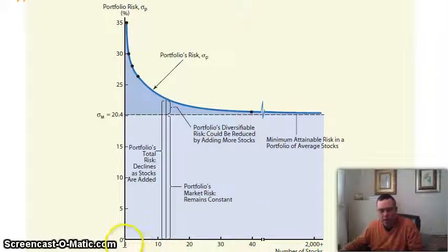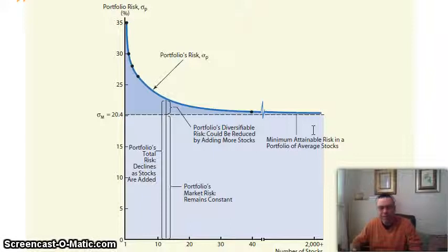If you only have one stock in your portfolio, you're taking a whole lot of unsystematic risk you don't need to take that could be diversified away. As you increase the number of stocks, your standard deviation in your portfolio goes down, but there's a certain point where it can't go any lower because you're fully diversified. There's no other stocks out there that aren't,